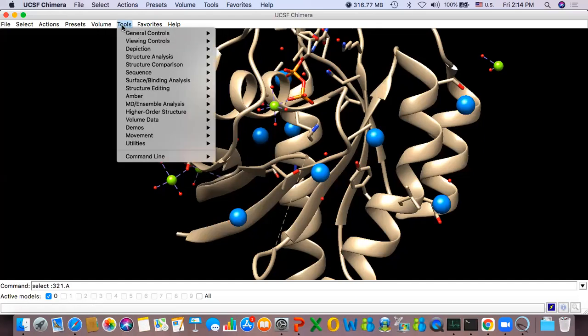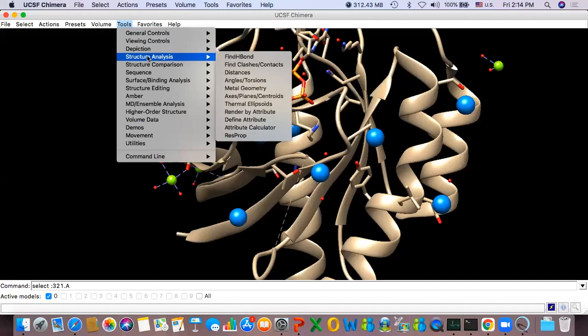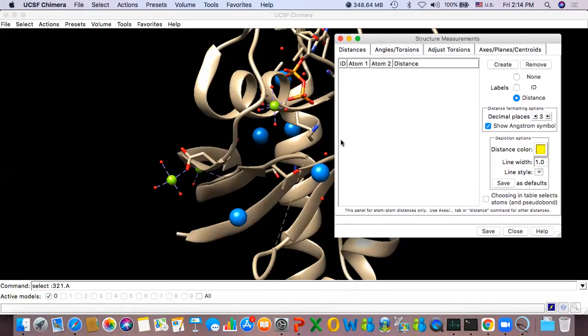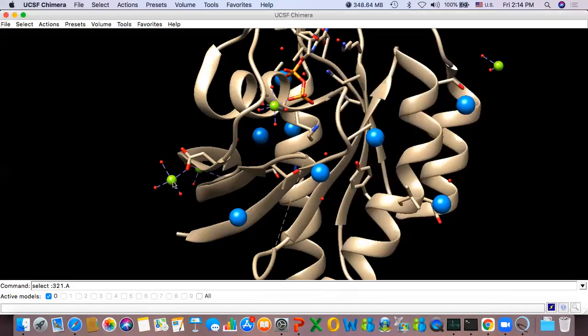You can go to Tools, Structure Analysis, Distances, and then you need to select two atoms for which you want to find the distance. As I said, you press Control and left mouse button to select one atom, keep Shift and Control, select the second atom, and